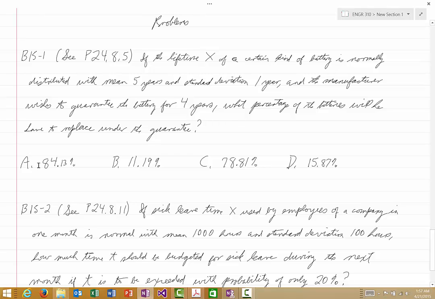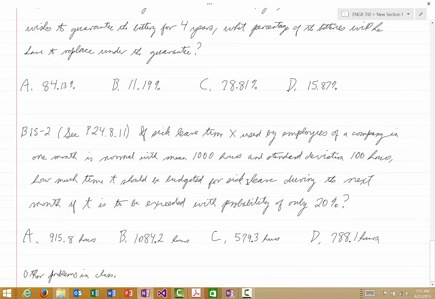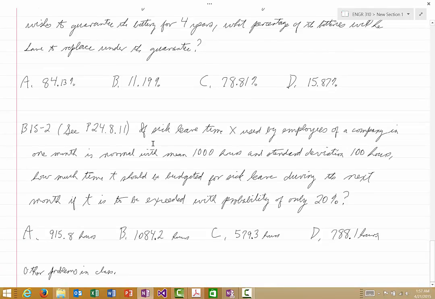And the answers are A, 84.13%, B, 11.19%, C, 78.81%, and D, 15.87%. And then for problem B15-2, which is very similar to problem 24.8.11, it says,